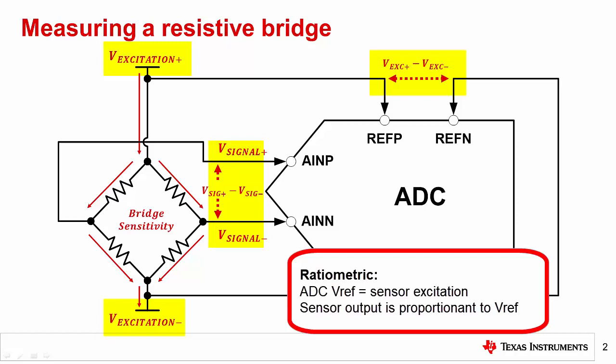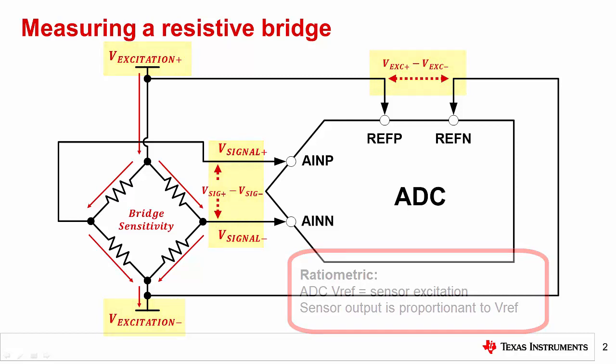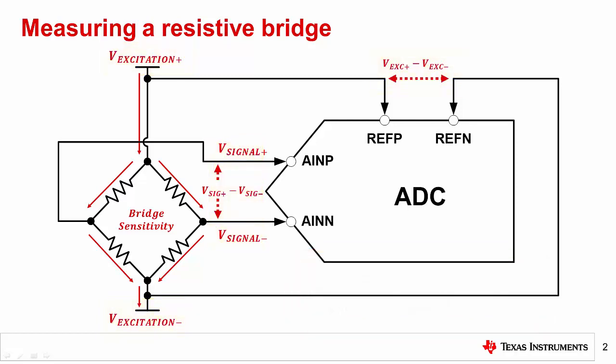For now, it is sufficient to understand that the ADC reference voltage is directly derived from the bridge excitation voltage in this application. Finally, it should be noted that the differential output voltage, V signal, can be positive or negative. In physical terms, this corresponds to compression versus tension in a load cell. However, since there is no such thing as negative weight, we will assume that the bridge output voltage will always be positive for the purposes of this example. In either case, the analysis remains the same, though some of the parameter values would be different.